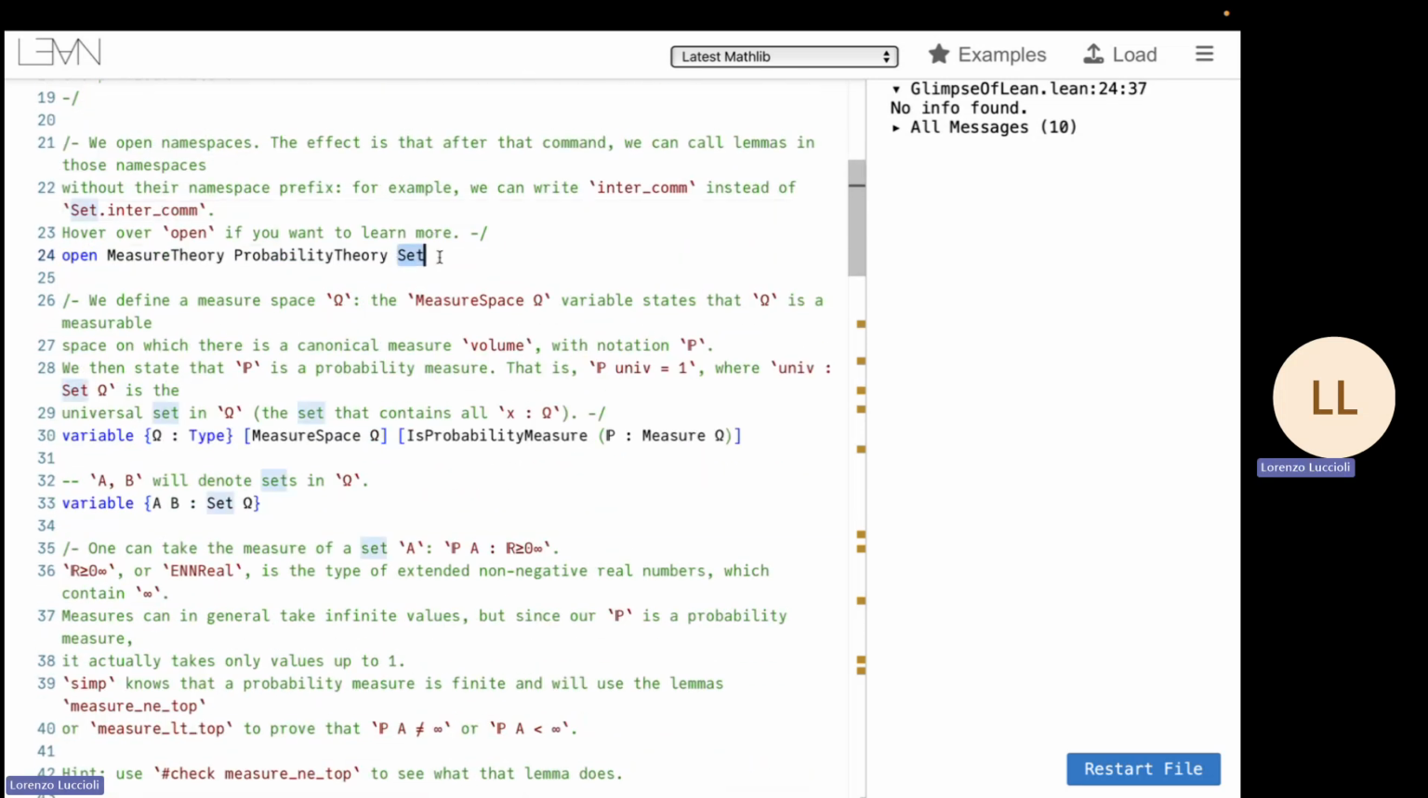With set, I said we're in type theory, so we're not in set theory. So what is a set? It's an object that can be defined just like any other object in type theory, and basically it's exactly what we imagine as a set. So it's a collection of objects, but all the objects in the set have to be in the same type. So a set